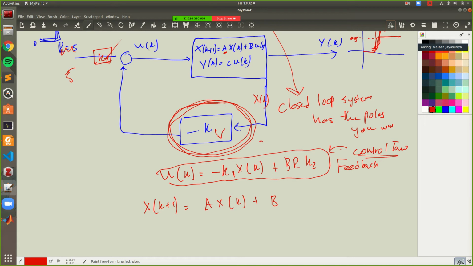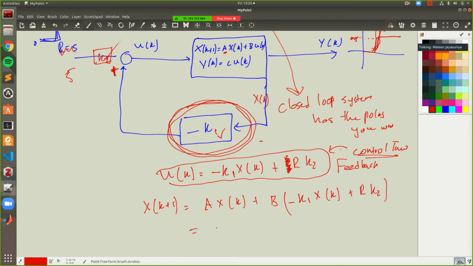That's basically saying your uk is equal to this input now. So what does that mean? uk has to be substituted by, sorry, this is not b, minus k1 xk plus r into k2.